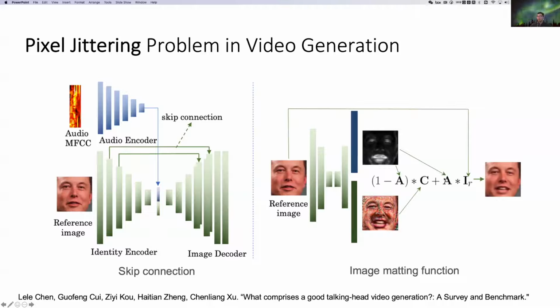And if the A is small, for example near 0, this means that this pixel needs to come from the new image, like the synthesized region, and then it finally gets the output. Applying this image mapping function, in general, the resulting pixels from the reference image can partially stabilize the video